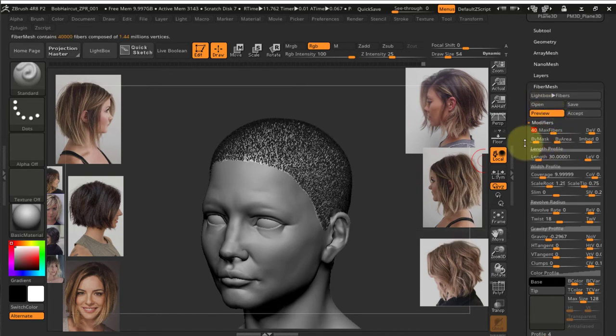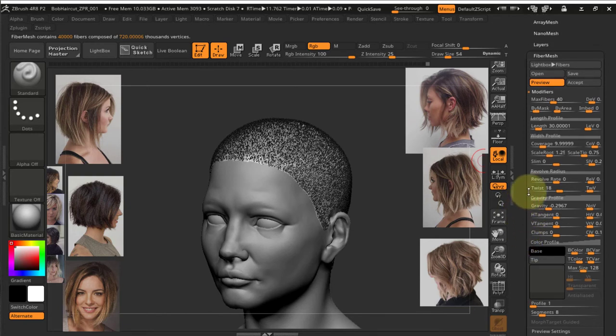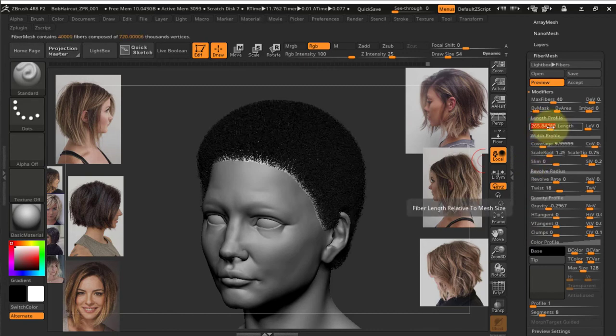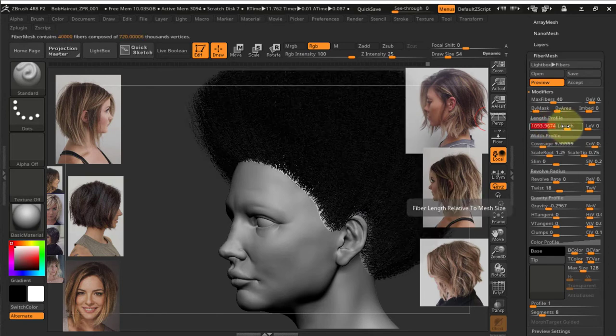So 40, and the profile is set to 4, but in this case the profile will get back to 1, because my goal is not to create a printable geometry as before. And the length was set to 30. 200 is the default, but 200 is still fairly low. So just let me increase the length with